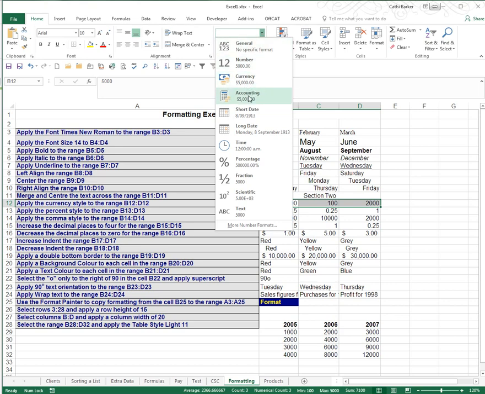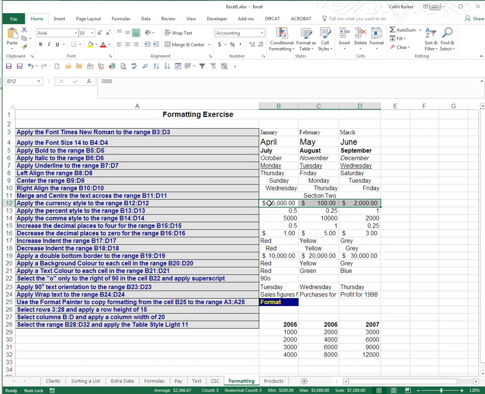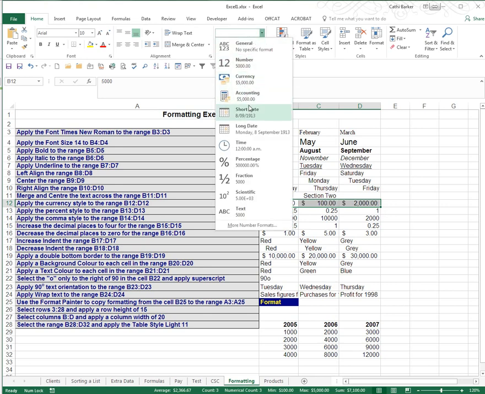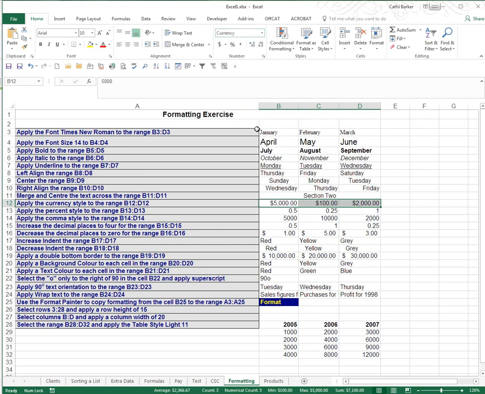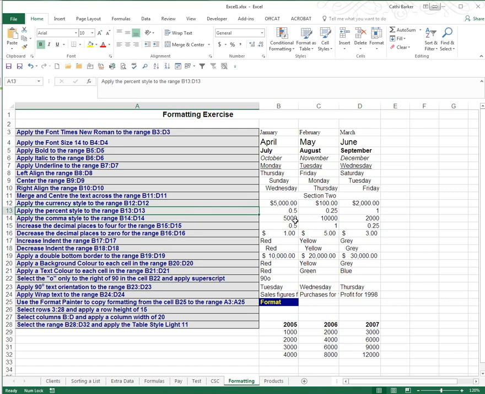Now if you choose accounting, the idea with accounting is the dollar sits to the left of the cells. If I choose currency, the dollar sits close to the number. So there lies the difference between accounting and currency. So I'll choose currency. The next instruction in A13 is to apply the percent style to the range B13 to